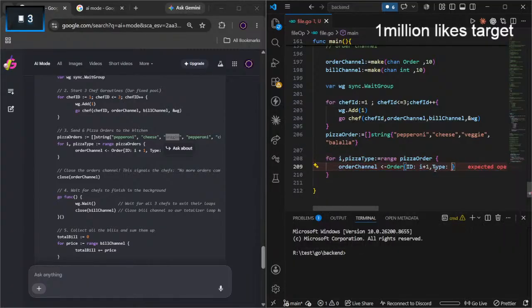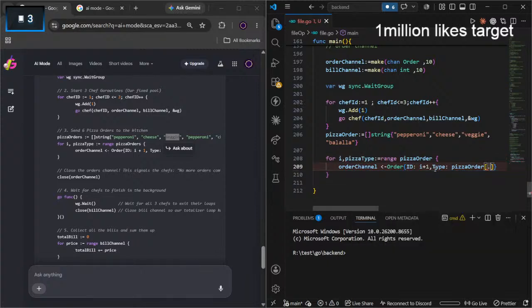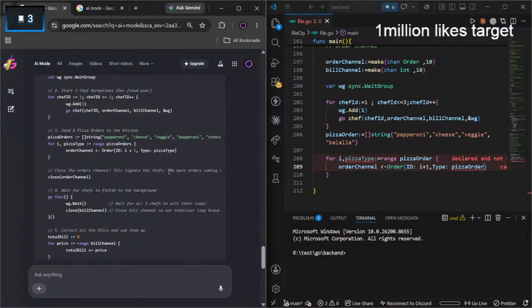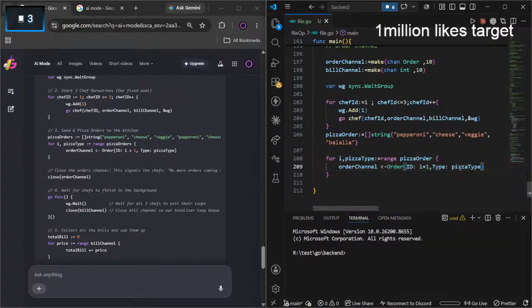Type is going to be my pizza order dot type. Don't you have it? We already destructured the pizza type.